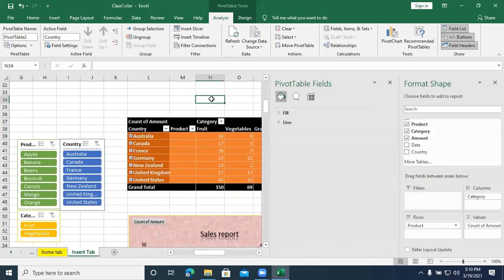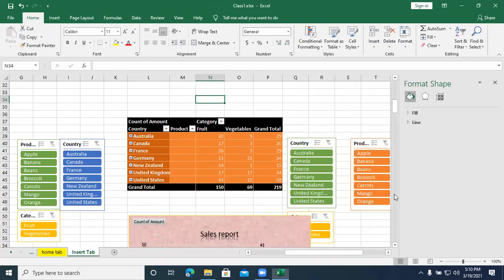Okay, so this is complete your PO table. I just come back to the pictures now.